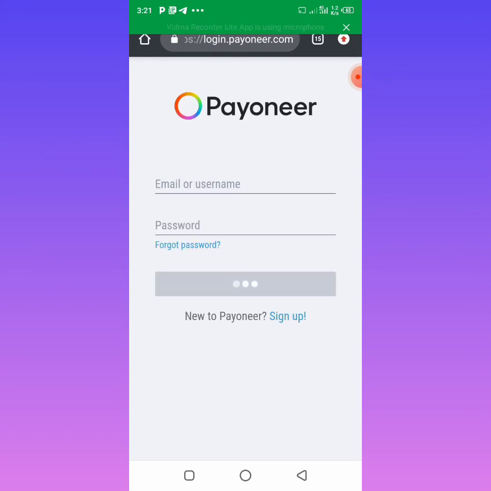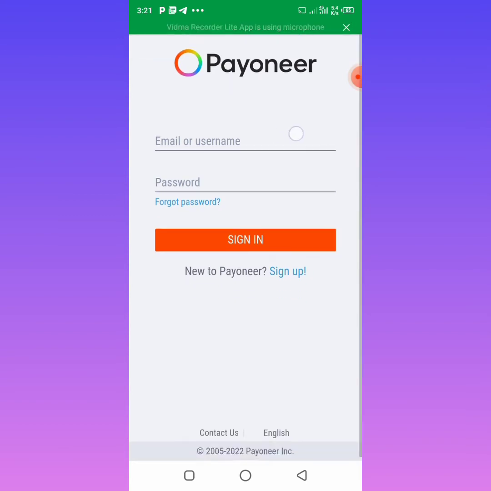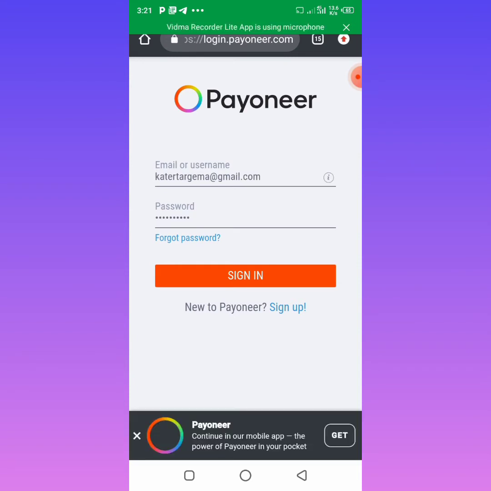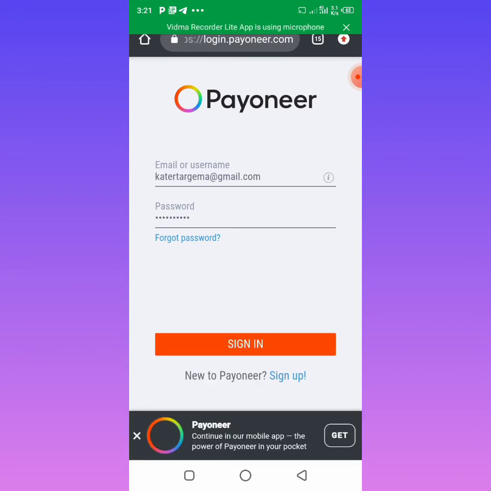Okay, so this is how it looks like when you try to log in. So either you sign in, so you can see I have an already created email within. This is my password, which I can show you. Either you sign in or you sign up for the first time if you are new to Pioneer. Okay, so but before I show you guys the full guide on how to sign up for the first time,